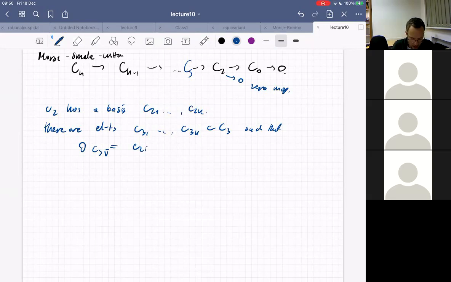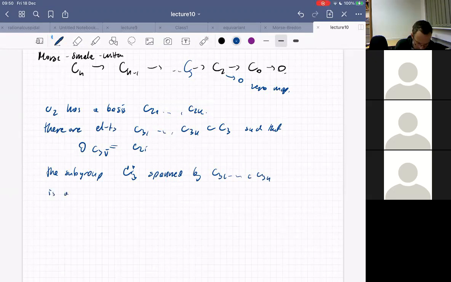And now I look at the subgroup spanned by C_{3K}. It is a direct summand of C_3. This is a simple remark in algebra, because if it's not a direct summand,